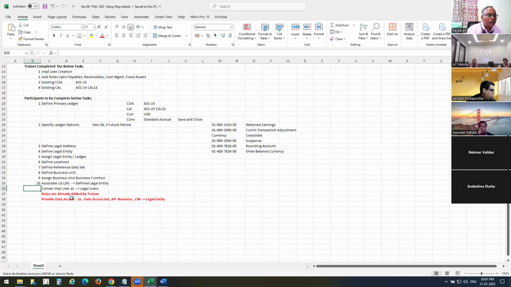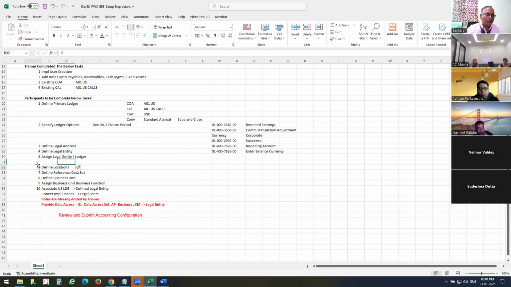Also, I can show here. Before legal entity or after legal entity, you can perform this review and submit program. Once the ledger is tick mark, then you can follow these steps later. Right? 11